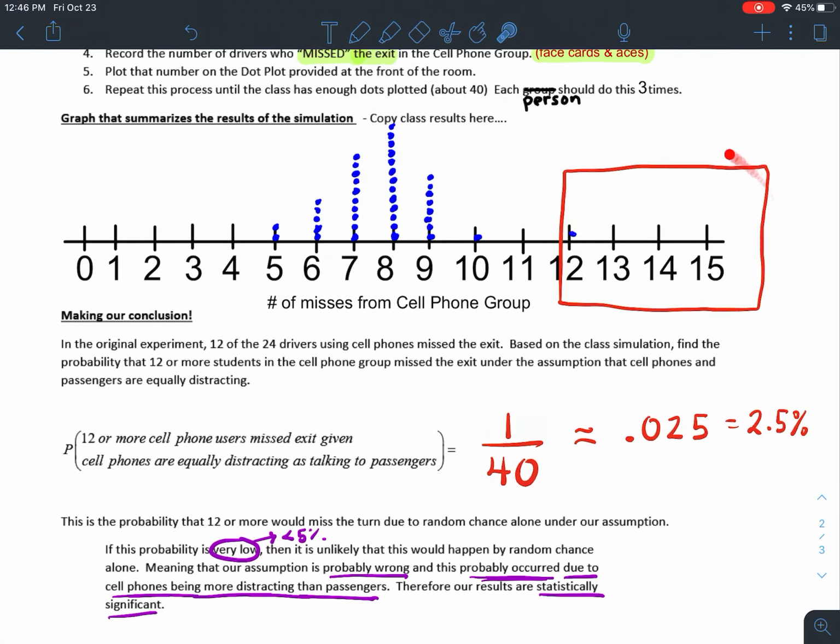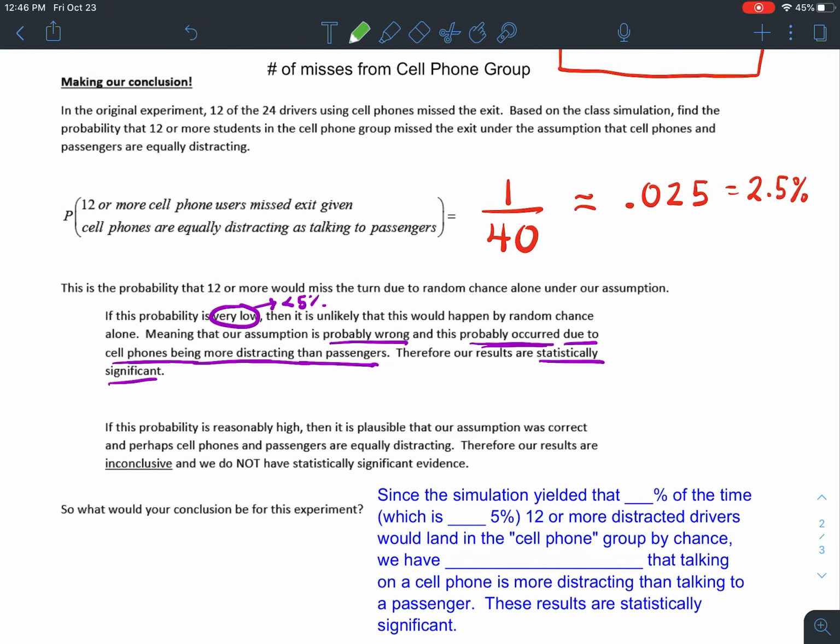Now, had we looked at our simulation and a lot of our dots were landing over here, where there were 12 or more of those 15 distracted drivers falling in the cell phone group, then we probably would have had that percentage being reasonably high, meaning greater than 5%,